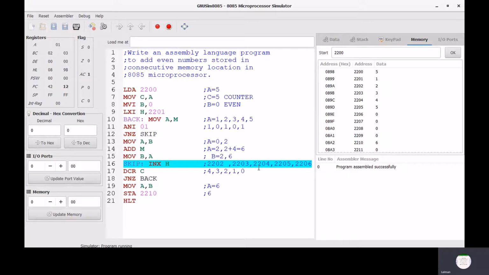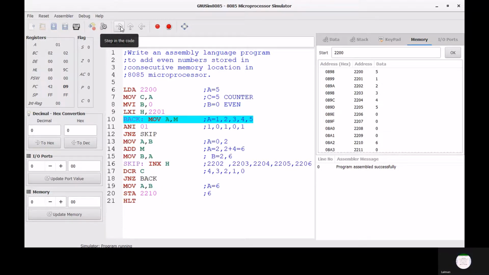Now at this time we are at 2204. Take the value from 2204 and store the value in the accumulator. For this purpose, we execute again MOV A,M. At this time the value of A becomes 4, from 2204. We take the value from 2204.